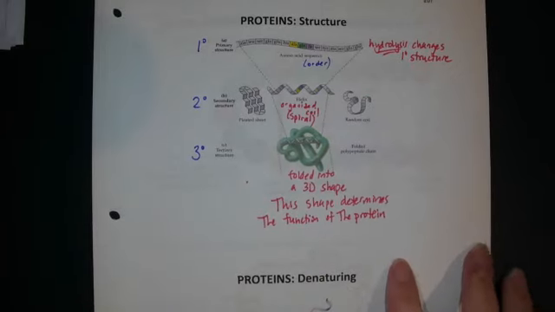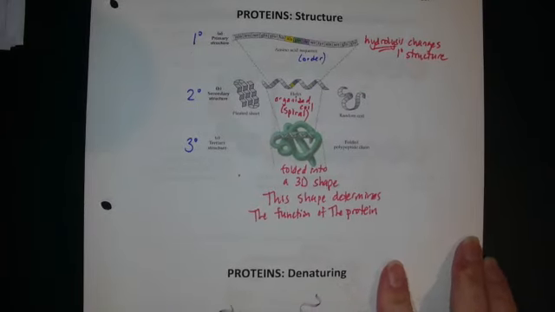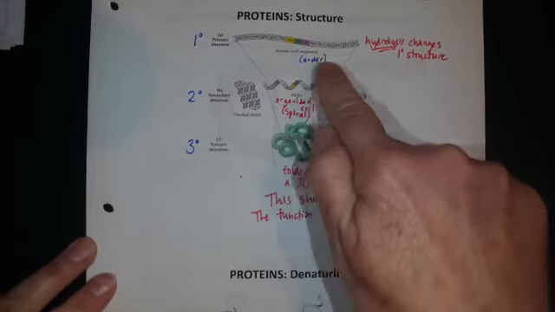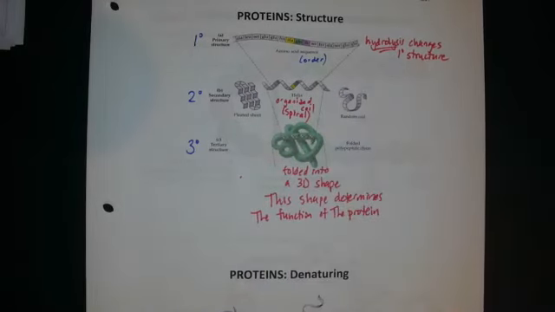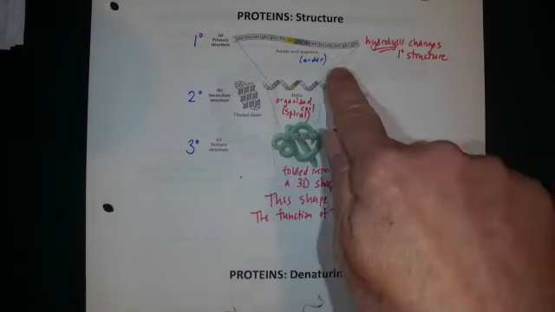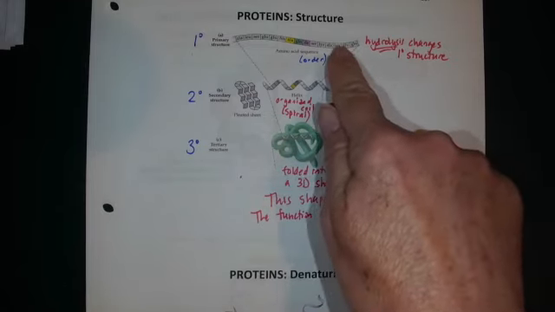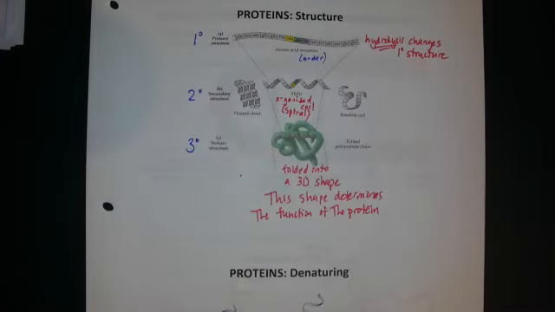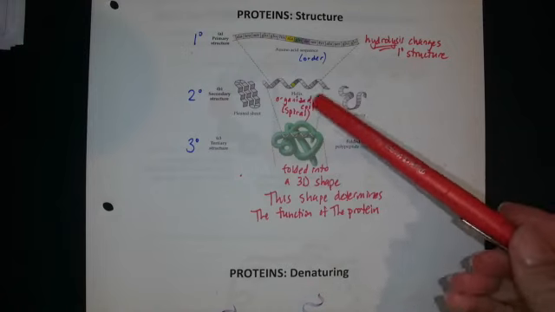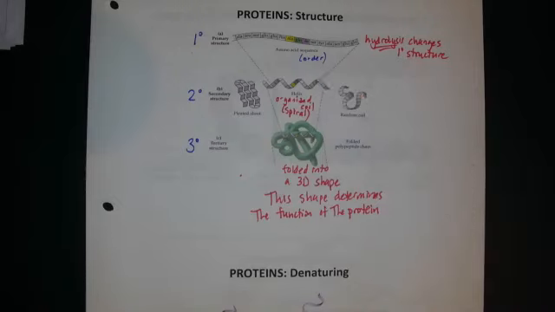What we're not getting into, because we lost 2 weeks of our term, is the why. Why does it do this? It has almost everything to do with intermolecular attractions among the side chains of the amino acids in that primary structure. So if you want a very short, quick reason, it's intermolecular forces that determine that coiling and then folding.